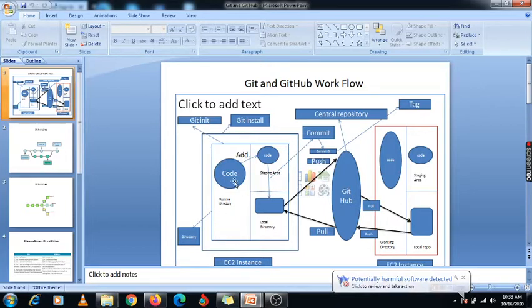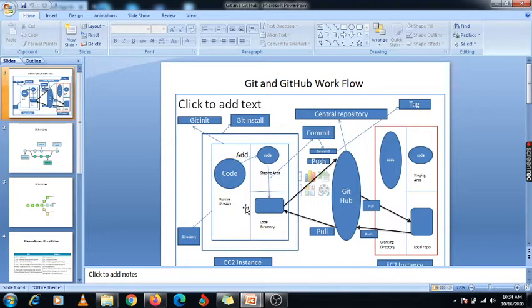Under this EC2 instance we are creating one directory. When we are creating any directory, this is my directory structure, and there are three stages, that is working directory, staging area and local directory. Whenever we install Git, first we need to initialize Git using the git init command. Once it initializes, a directory is created, that is .git, right? Under that directory there are three parts: working directory, staging area and local directory.